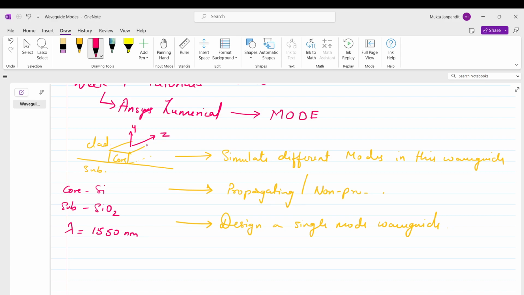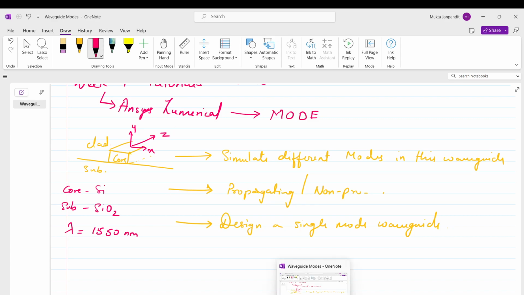This is the Y direction and this is the X direction. So the mode is a cross-sectional intensity profile, or the electric field profile in the cross section. So the X and Y is what matters to us. The Z is the propagation. So Z will only come into the picture when we want to know how much is the loss along the propagation.